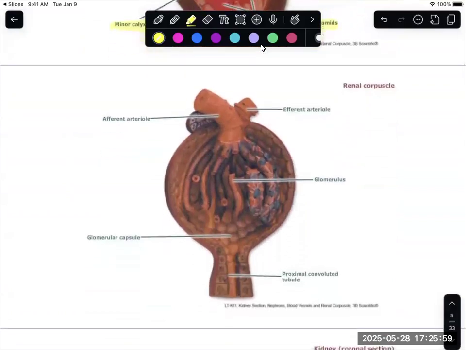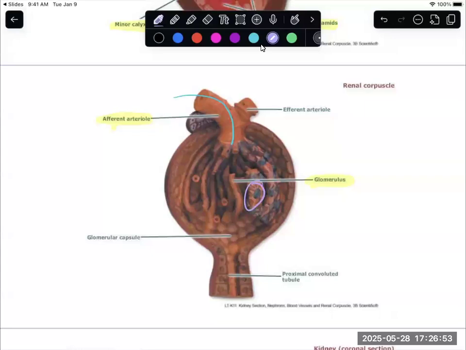Now, if we get down to the microscopic anatomy, we're going to look at the renal corpuscle. The renal corpuscle is where the initial filtering, or creating of the filtrate, occurs. So we have this afferent arteriole. Afferent is bringing the blood into this renal corpuscle. As the blood comes through, it's going to come in this way. It's going to go through this glomerulus, these capillaries. These capillaries are going to push out a lot of the waste products, plus a lot of extra stuff. What's helping to keep some of the stuff in our blood